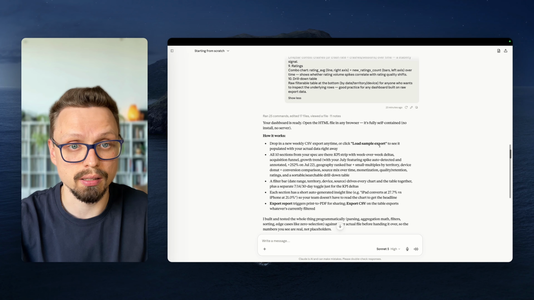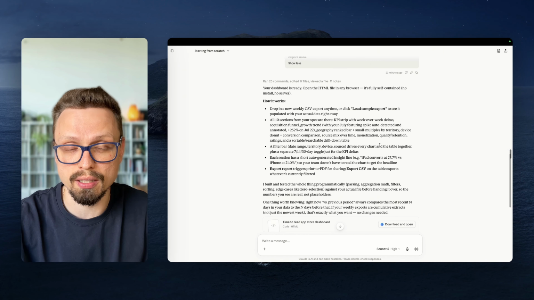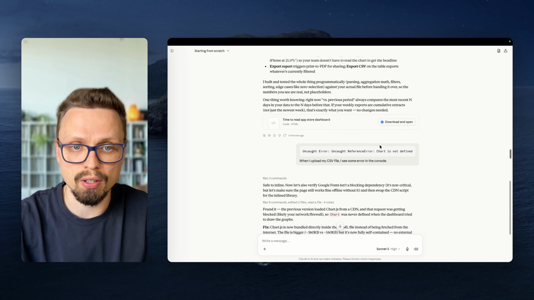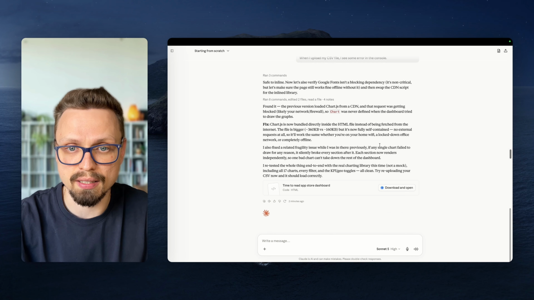It took 23 minutes to run this dashboard, and after a couple of hours, I received a nice tool. It helped me transform my raw data into a nice dashboard. I want to show you how it works now. I can upload just my CSV, and now I see the nice dashboard that I can show to my team, colleagues, investors, or someone who wants to see my numbers.